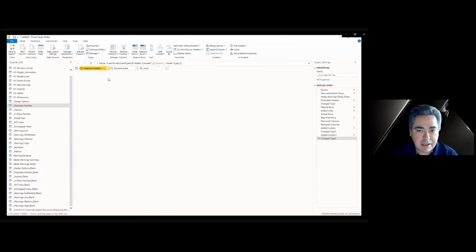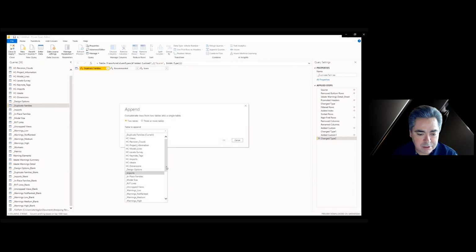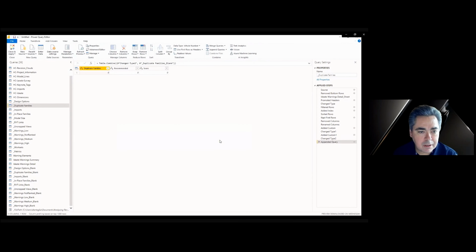So what we have to do is go to append queries. And we need to scroll down and select that underscore duplicate families blank table, and hit OK. So it has 1 row. That's all we needed. I happen to know the rest of these have a value.